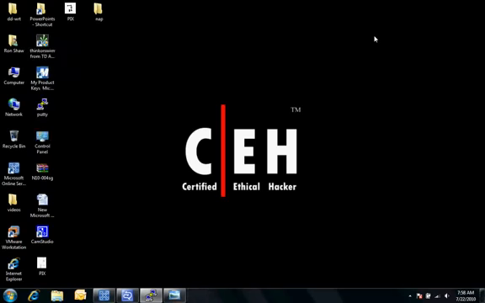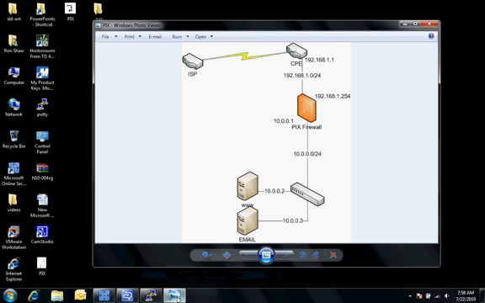My name is Ron Shaw, and this is going to be a short video on how to do the basic configurations of a Cisco PIX Firewall. Now, first let's begin with our topology. As you can see here, this will be our PIX Firewall that we're going to be configuring. By the way, it's a Cisco